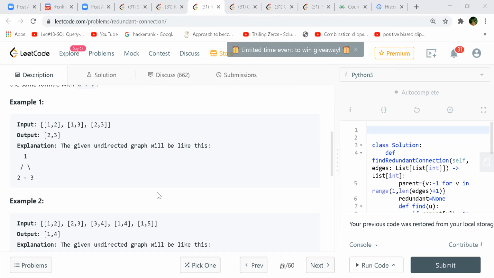The redundant connection question is a little bit easier, right? The scope is slightly down over here. It's not difficult though. Then if we don't want to do it that way, because usually we tend to go away from that and use some of the complex data structures we are comfortable with, like the union find, right?